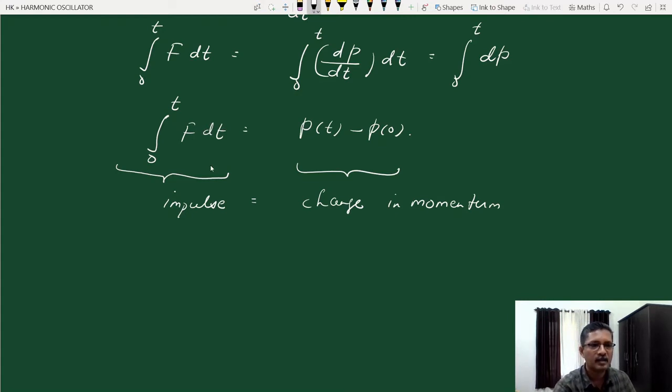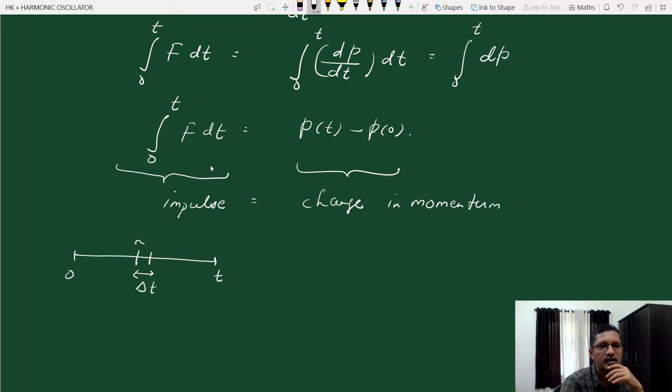So in this time integral there can be two cases. Suppose we are integrating from an initial time 0 to a final time t. Then on the left hand side you can have two physical situations. It is the time integral of force over a period of time. Suppose this force is acting for a very short interval delta t in between. So here a large force F is applied for a very short period of time. That means the other time periods in this interval do not have any contribution. There is no force here.